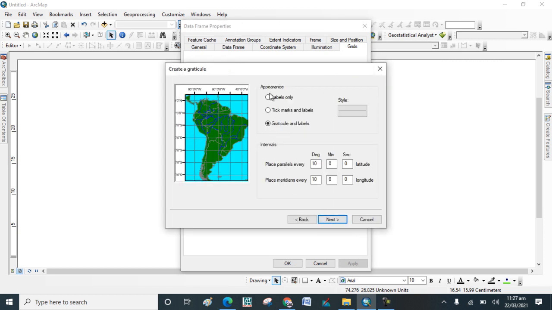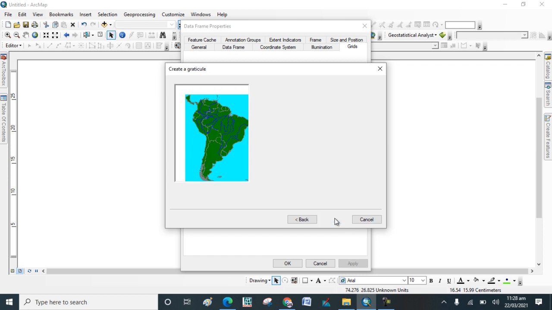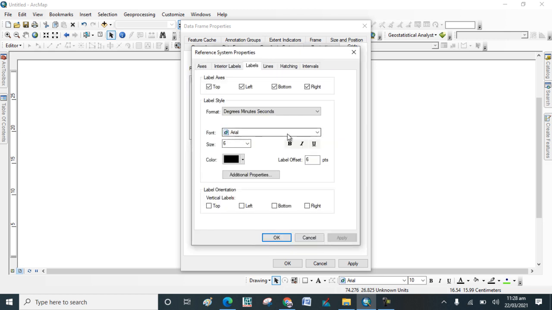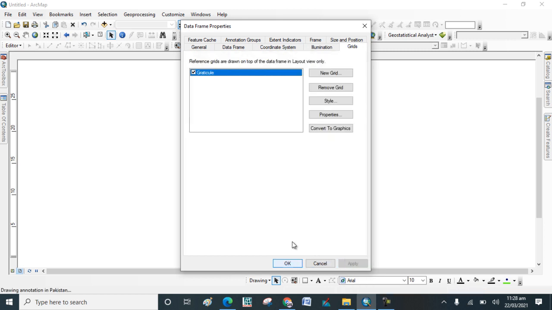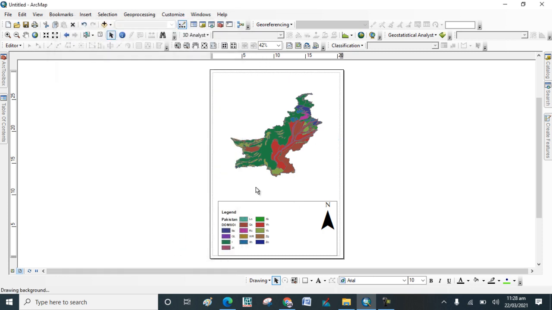Next, just label it. Next, uncheck this and finish it. Go to properties of it, increase the size, click on the left and right vertical and apply. Here you can see that the coordinates are assigned to the map.